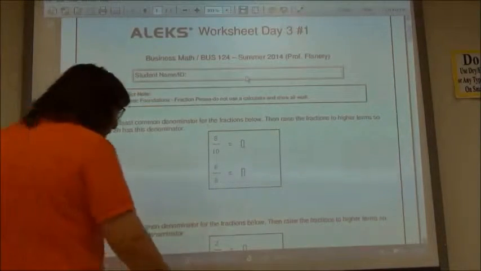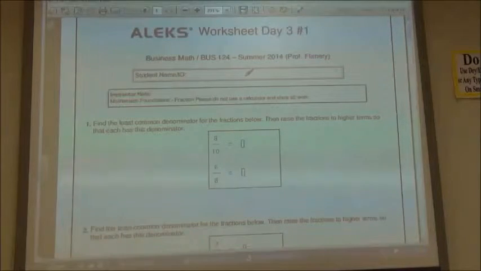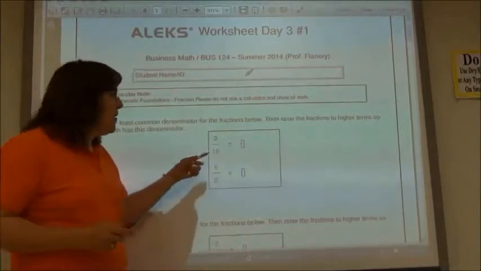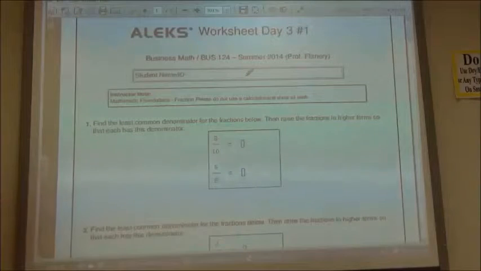Worksheet day 3 is going to start out with finding the common denominator so that you can add or subtract fractions. So when I'm finding the common denominator, I'm finding the least common multiple of my denominators. If you can't think of it right away, what I do is I start with the bigger denominator, which is